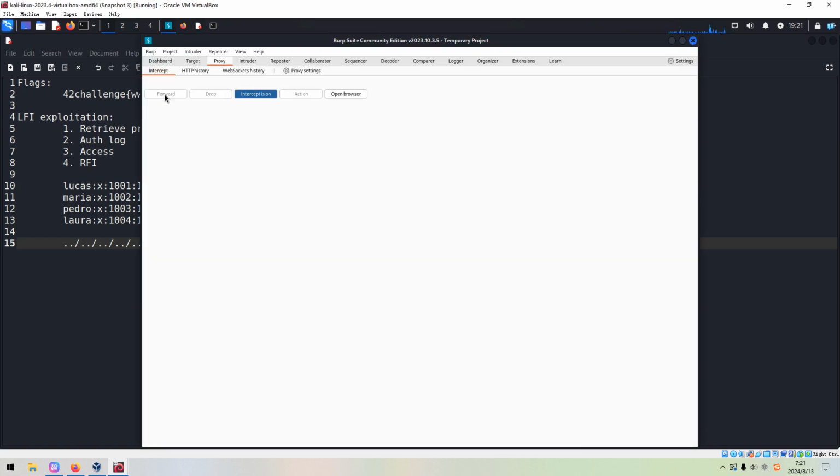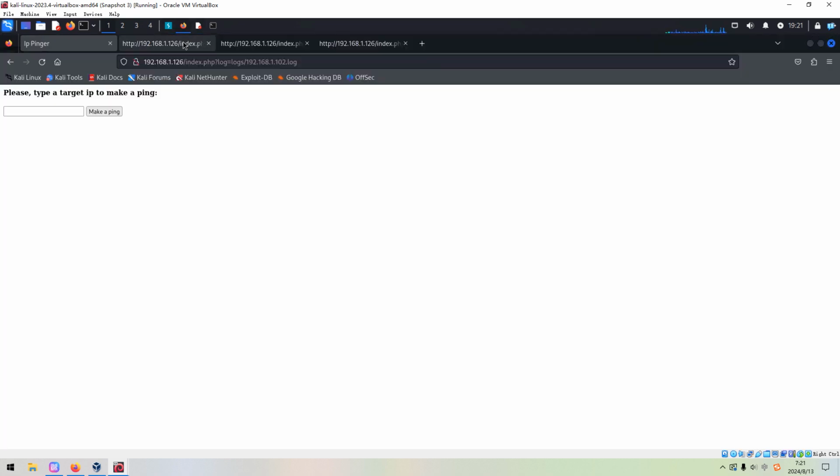Now we can forward. So nothing returned. Interesting. Very weird, because when I did the machine the first time, I could retrieve the log without problem. So let me fix this issue first, and then we'll come back.